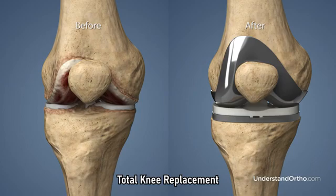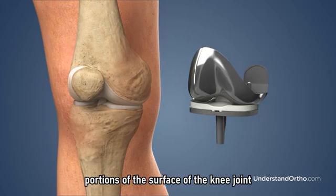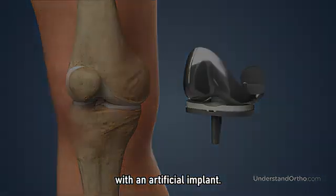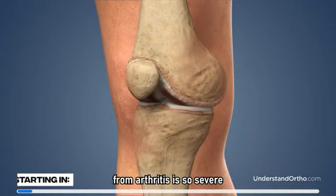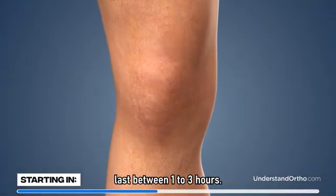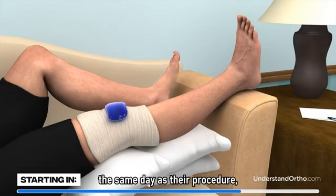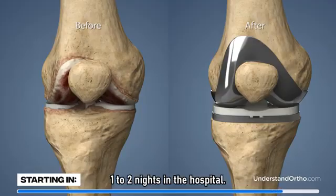Total knee replacement is a surgical procedure performed to replace damaged portions of the surface of the knee joint with an artificial implant. When the cartilage damage from arthritis is so severe, a total knee replacement is performed. Surgery typically lasts between 1 to 3 hours. Some patients return home the same day as their procedure, but it is possible to spend 1 to 2 nights